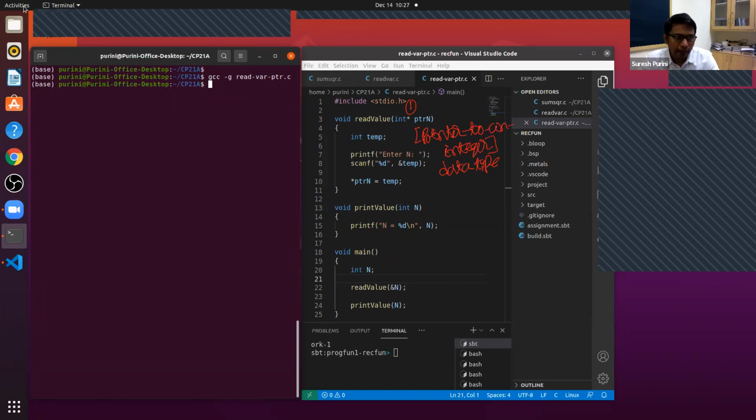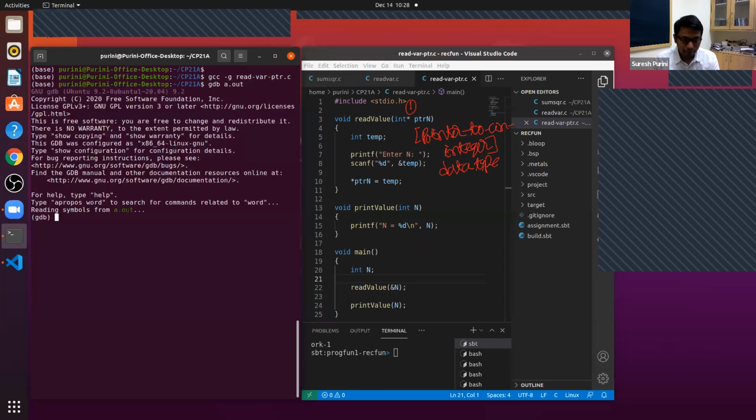Now, gdb a.out. I want you to use your pen and paper and draw for yourselves what you are going to observe in this GDB session.